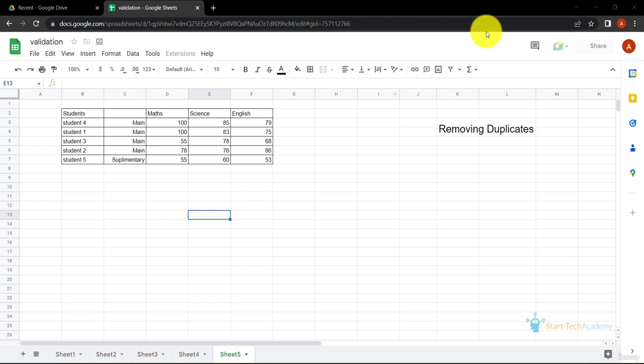So these were the data tools we have seen. We have seen removing duplicates. We have seen text to column. We have seen sorting options and filters as well. Now let's move to the next topic,